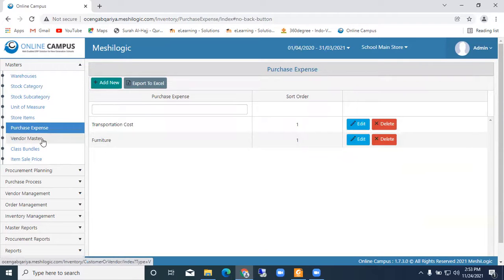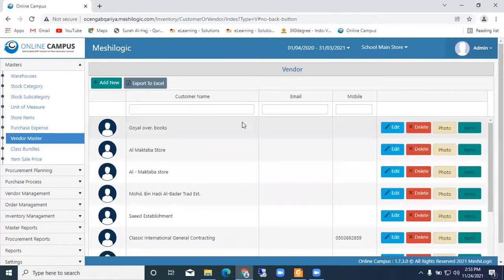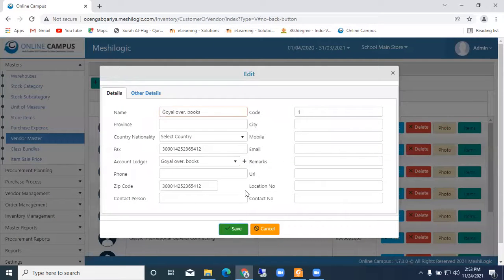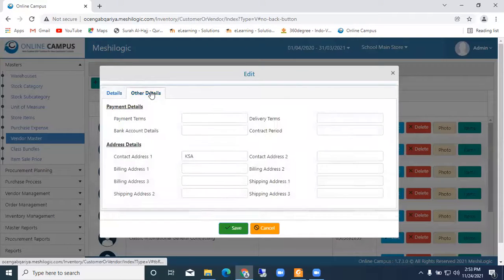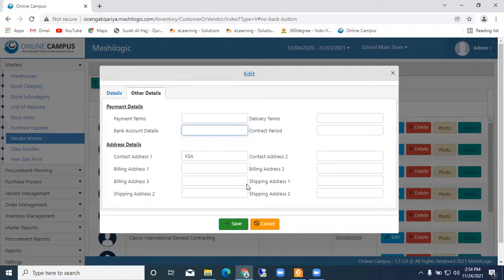Again, coming back to the vendor master, we can create the list of vendors. Goel Bookstores, Goel. If you click on this, you can create the ledger for the vendor. The tax number and all that, the details of the vendor, we can select here. Contact person, who is the contact person in that particular purchase buyer. All the details we can maintain. Terms of delivery, the bank details for the payment, all these things we can maintain here. Suppose everything is integrated from the system, you want to send the payment and all that, you can integrate all these details.